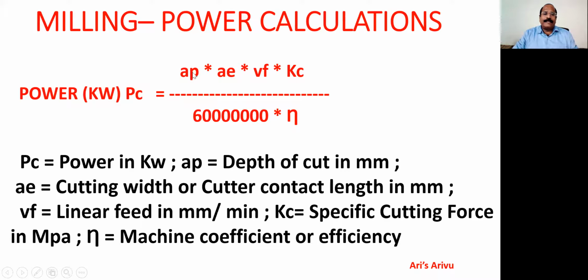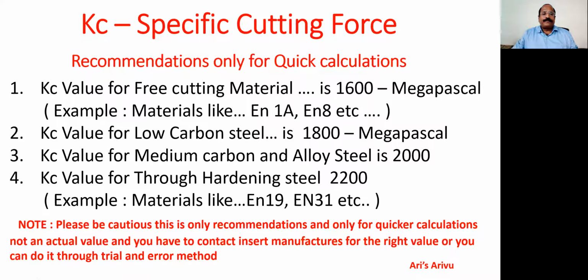Now you can understand logically: depth of cut is what we normally use on a milling cutter, and the width of the cutter and how much is engaged determines the power of the spindle. Then there is the linear feed. Normally in milling we put on a linear feed only, and then the cutting force constant, which we can talk about. So this is going to give you the power required on the machine.